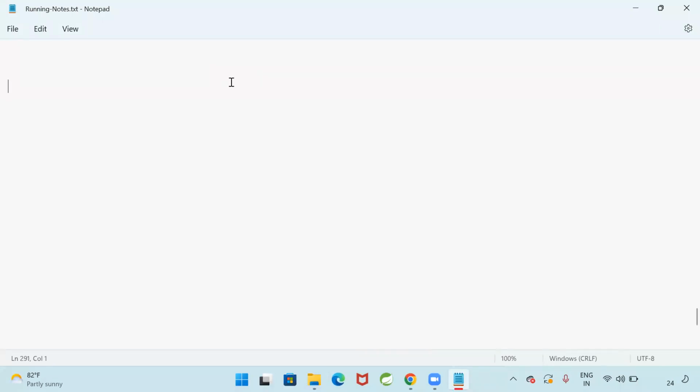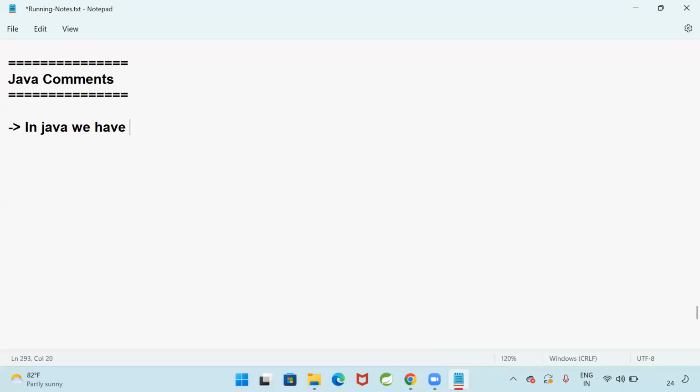Next, in Java, there is a concept called comments, Java comments. There are three types of comments in Java.